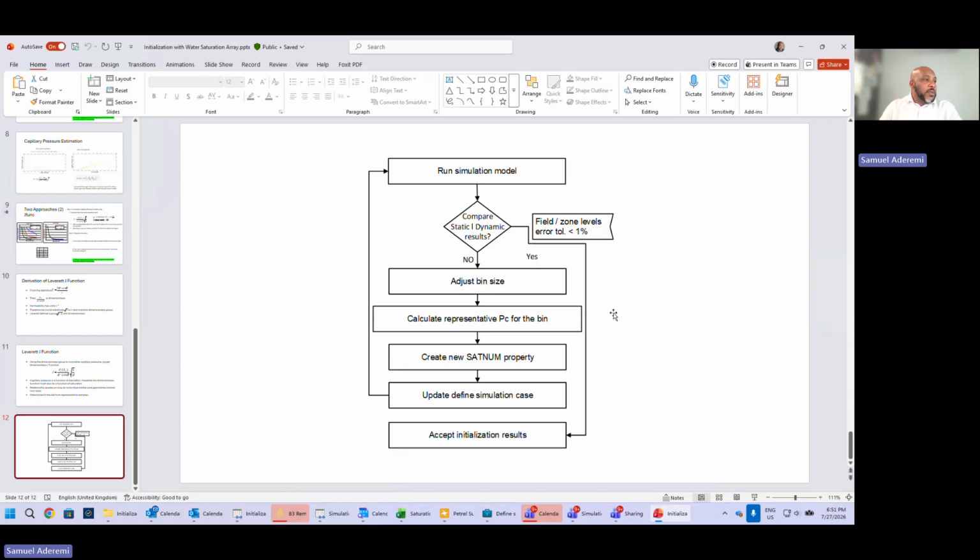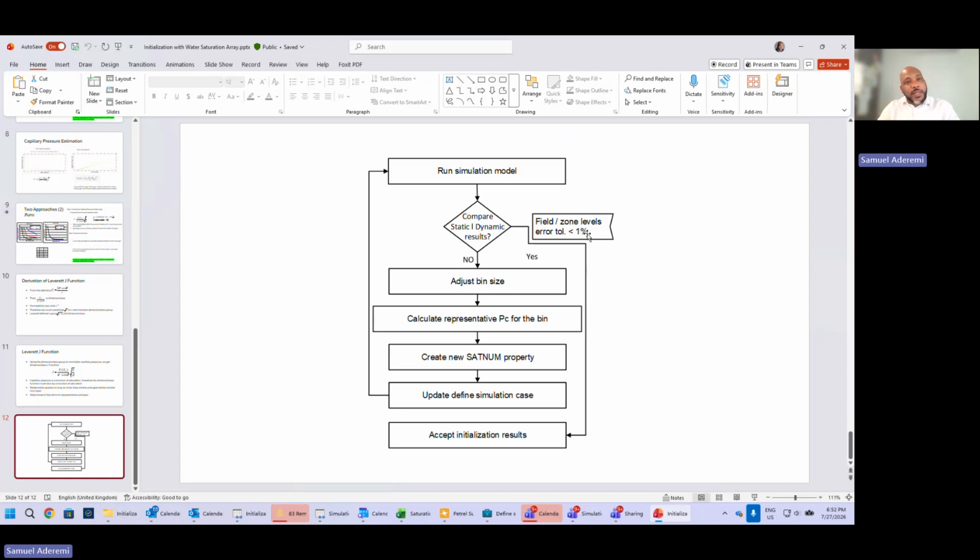The static model is coming from the geomodeler, and you need to compare that at different levels, the zone level, the field level, the segment levels, within the tolerance that has been agreed upon, right? If it is less than 1% or 5%, depending on the size of the fluid that you have in the system. So once you have done that, you run the case, and if you are not matching